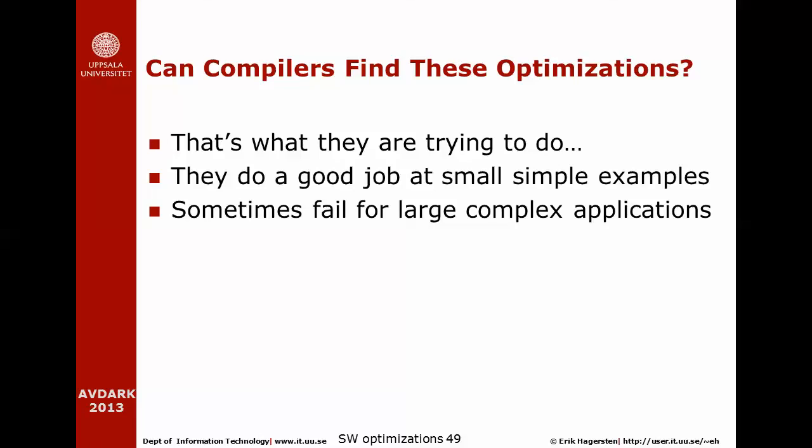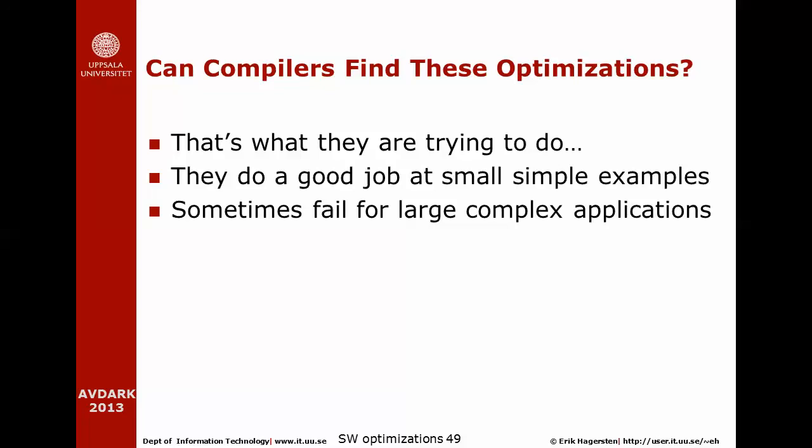So you should ask yourself the question, shouldn't compilers do this job? Should programmers really care about this? And that's a very valid question. The answer is unfortunately that the world is broken. Of course compilers should do these kinds of optimizations, and they are trying to. They are actually getting better and better at finding them. And specifically, if you give them a Mickey Mouse example, like some of the examples I gave you in the first lecture talking about optimizations, an optimizing compiler may be able to outsmart a bad programmer in those situations and correct it. But